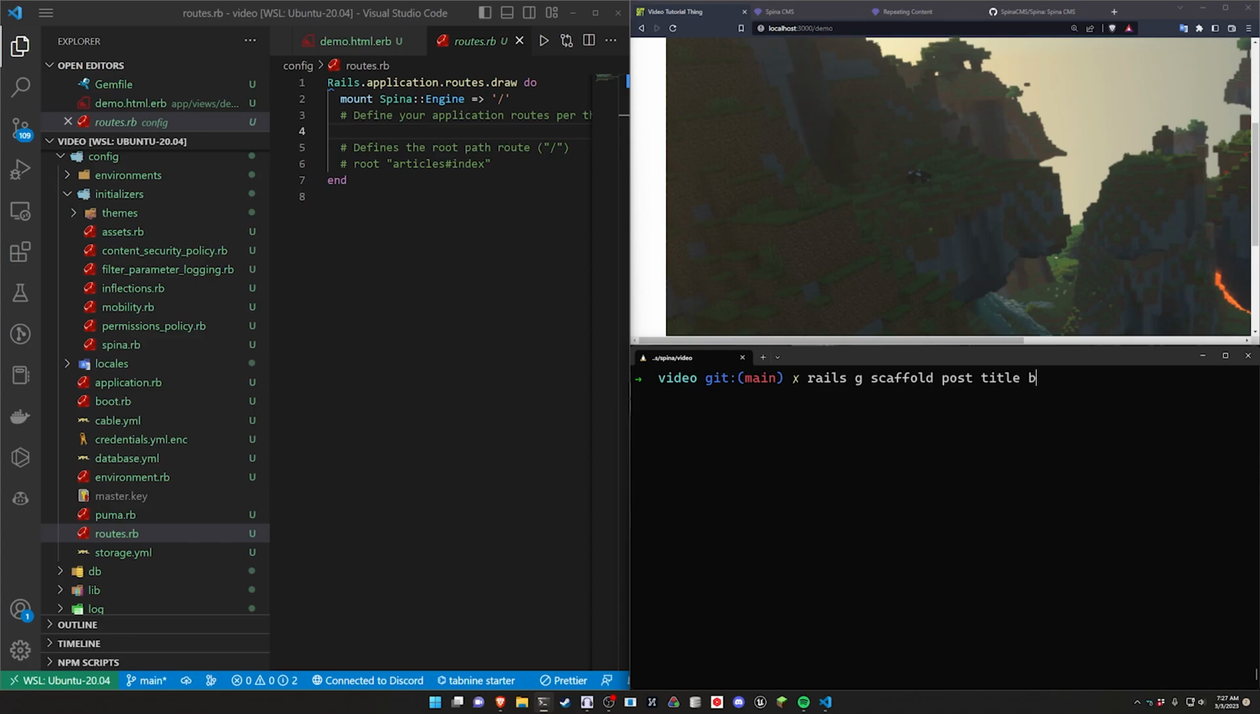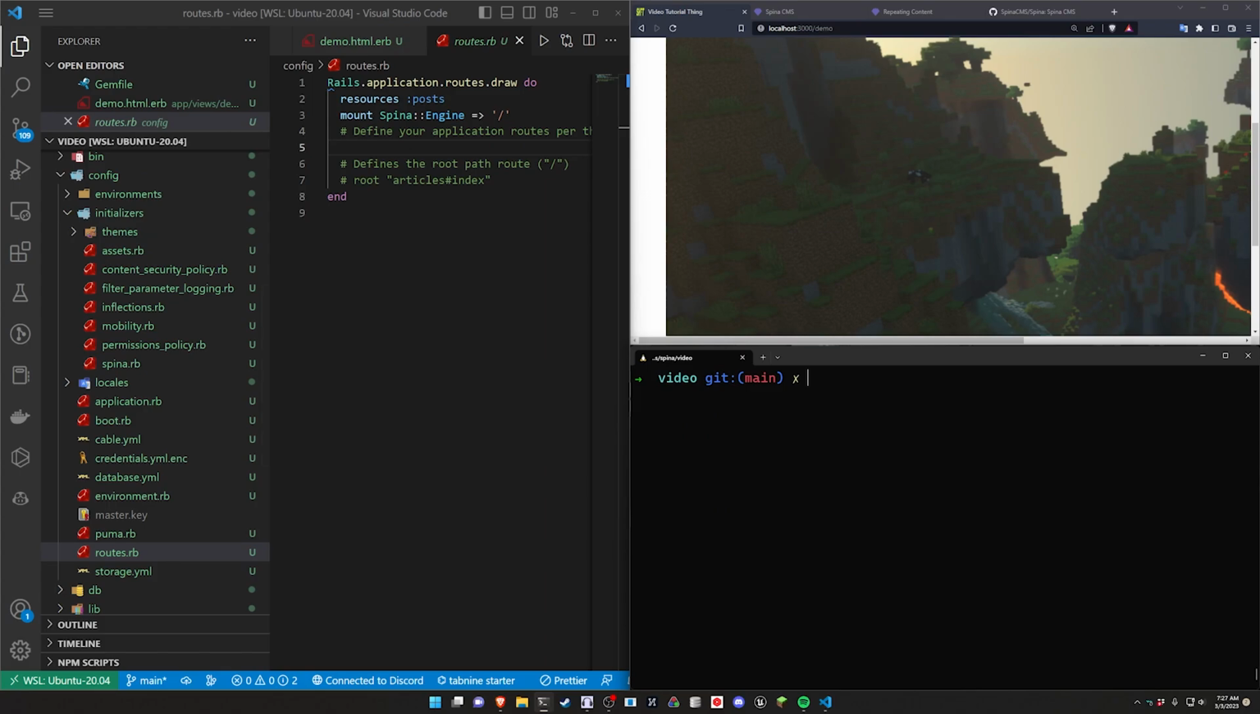We'll give each post a title and a body of type text. It doesn't make sense to do this. You want a different model, of course. This is just a bit reductionist. But if we then do a rails db:migrate, we can then run a